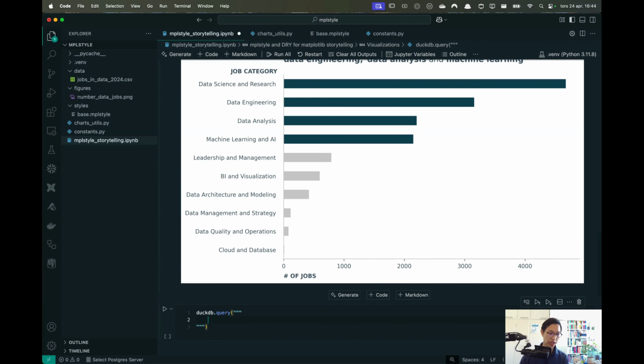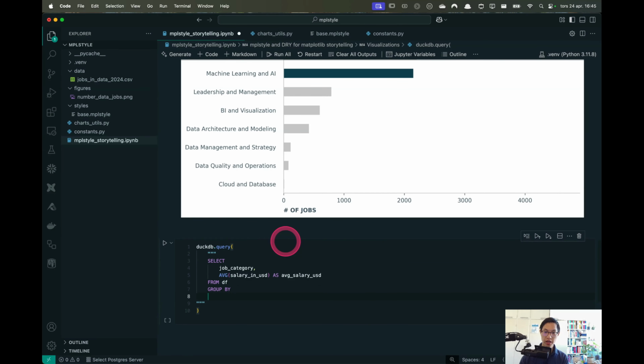I need to get the data. Select job category, and then I will do average salary in USD as average salary in USD from DF